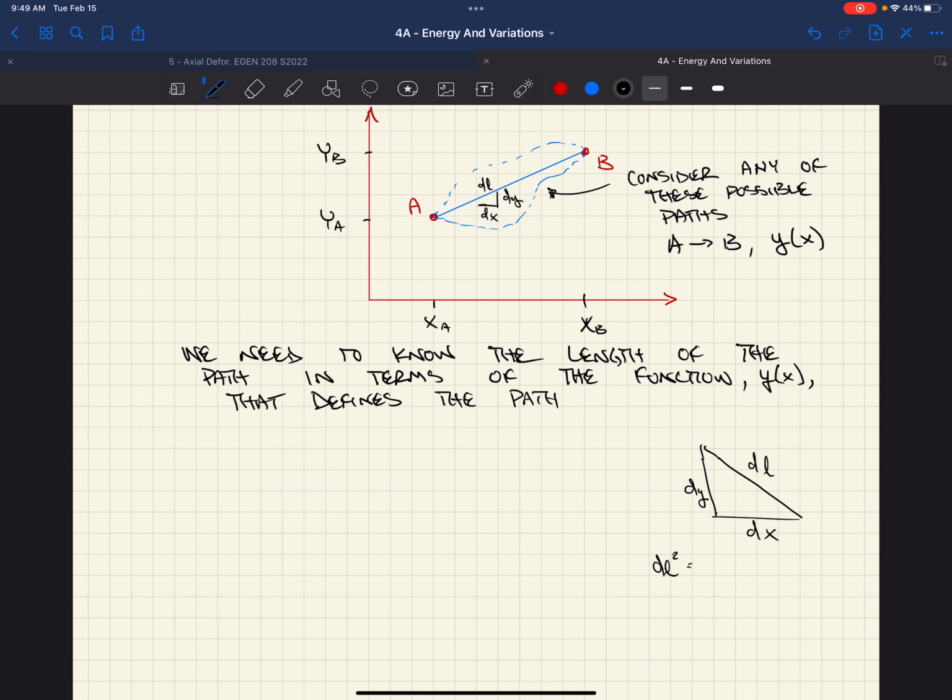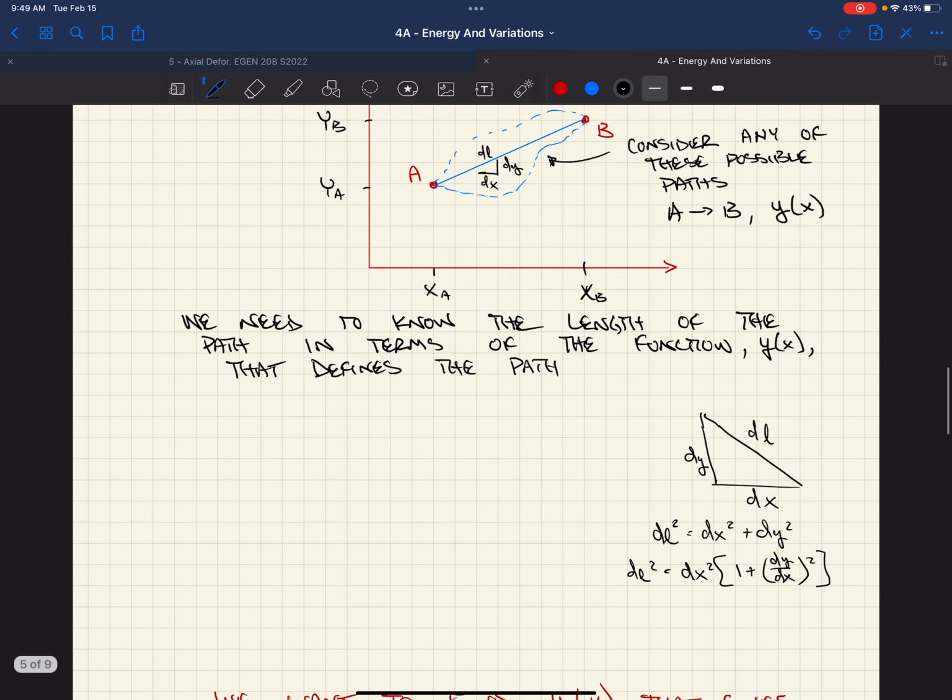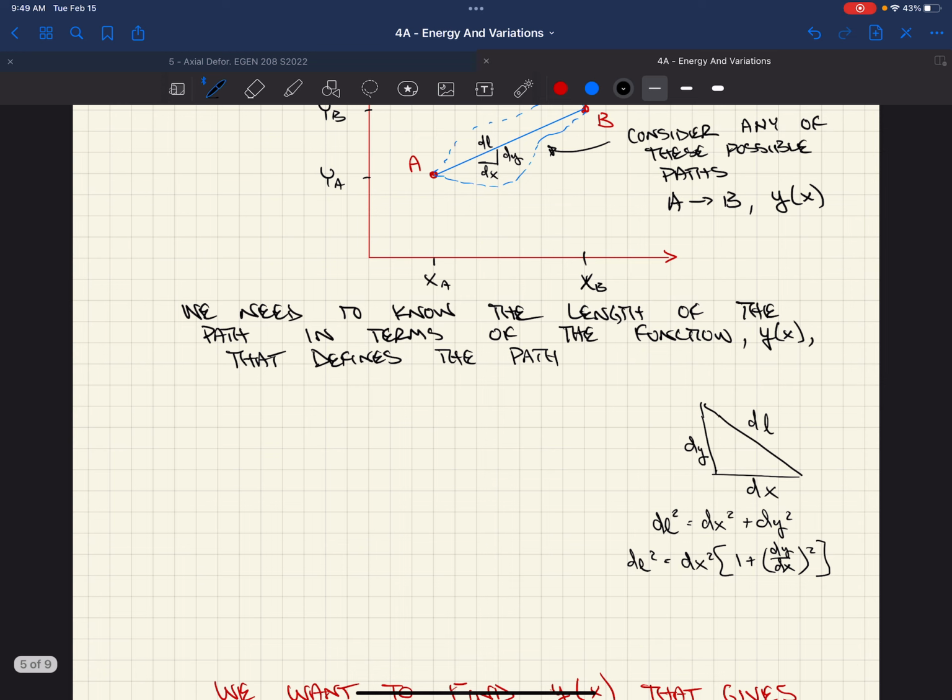equals dx squared plus dy squared. Well, if we pull a dx out, we can say dx squared multiplied by 1 plus, now we have to divide dy by dx, and we're going to square that whole thing, right? And then we get that equal to dl squared. Well, we want to know what dl is in terms of dx. Well, dl equals the square root of 1 plus the derivative of y with respect to x squared